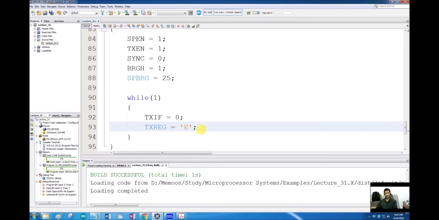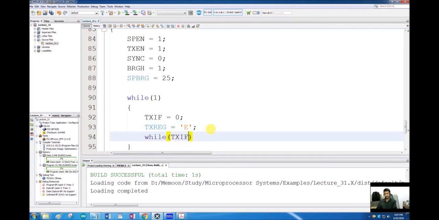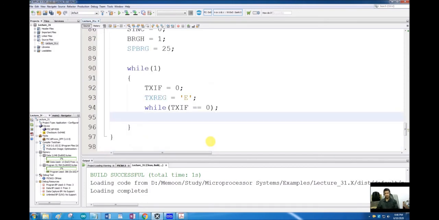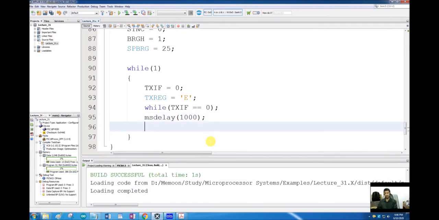As soon as I have loaded this TXREG register with any data, transmission will start. And now I have to wait until the transmission is finished. So while TXIF is equal to 0, wait here and then give a delay, ms delay 1000. So 1 second delay, and then start transmission again.